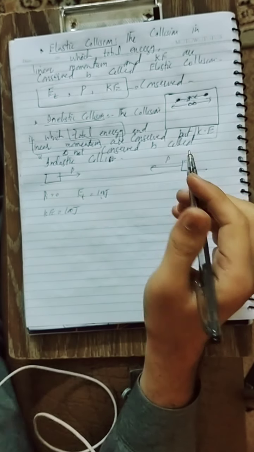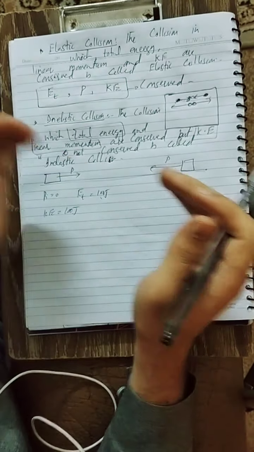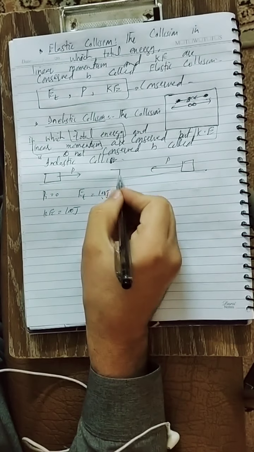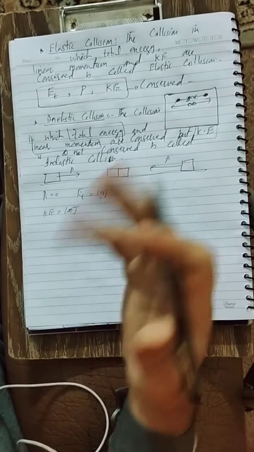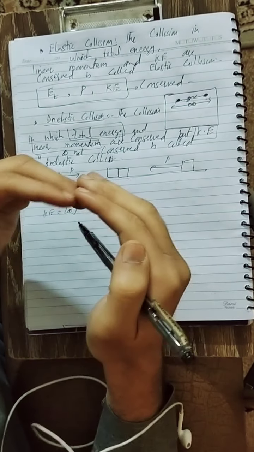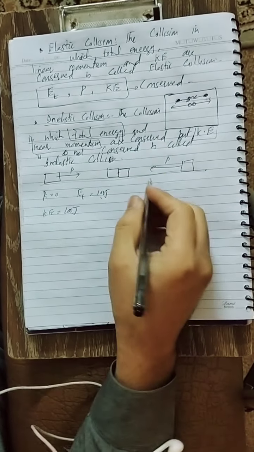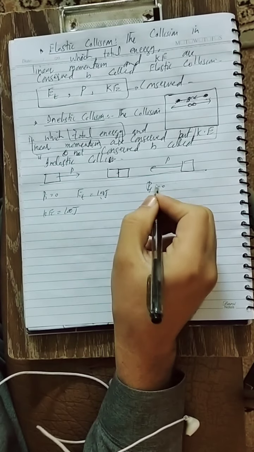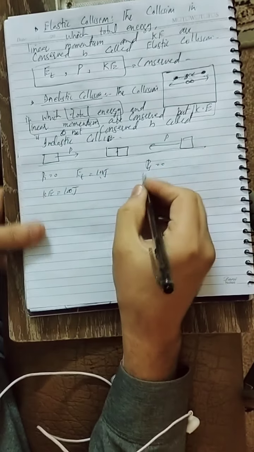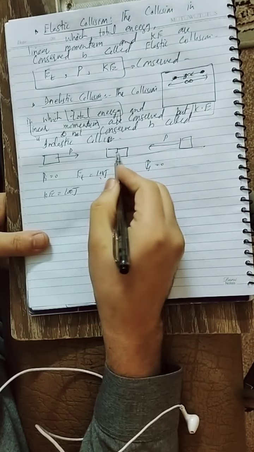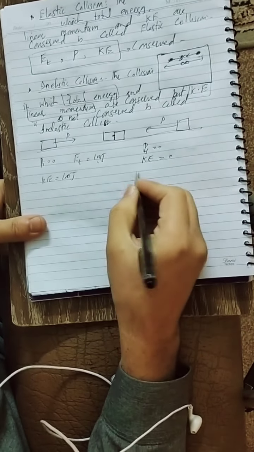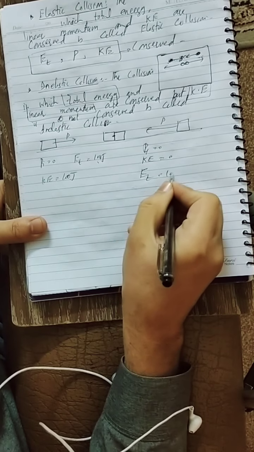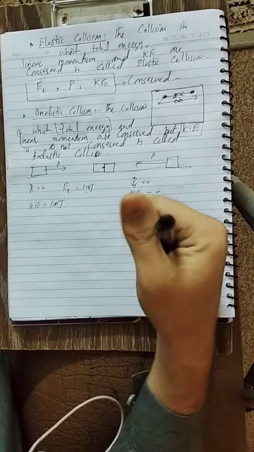Okay, now when they come and collide with one another, that is the final momentum, the final kinetic energy, the final total energy. When they come and collide with one another, they will come to rest. If they come to rest, the final momentum will also be zero. And if they collide with one another, they will be at rest. So their final kinetic energy is also zero, but the total energy will be 100 joule, because when they collide with one another,